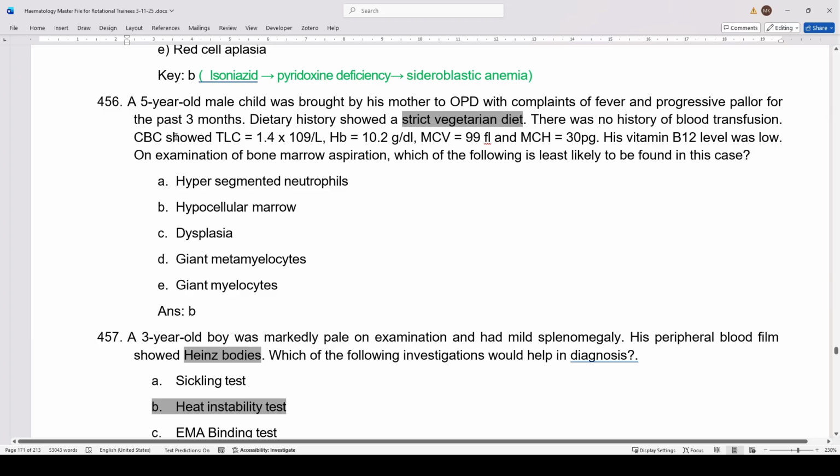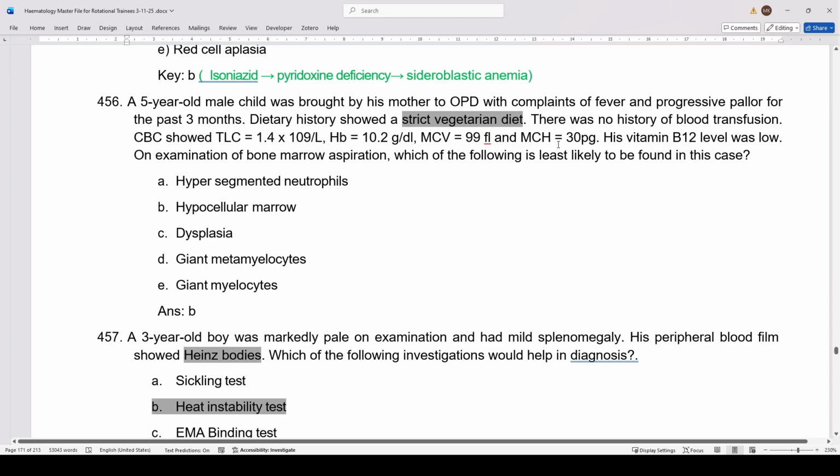And next is a 5-year-old male child brought by his mother to OPD with complaints of fever and pallor for the past 3 months. The dietary history showed a strict vegetarian diet. Again, a history of strict vegetarian diet means you have to think of megaloblastic anemia. There is no history of blood transfusion. CBC showed TLC of 1.4, HB